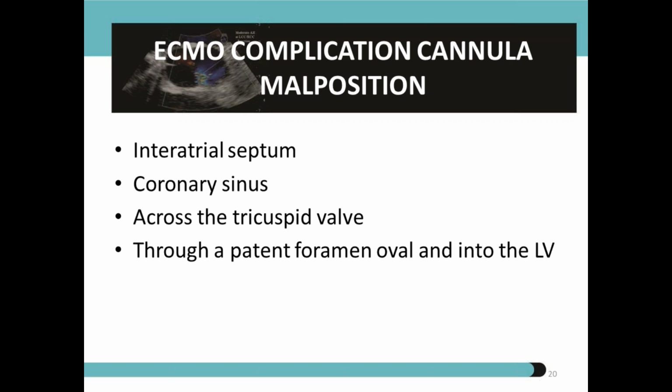Then across the tricuspid valve, see whether there is worsening of the TR, and through a PFO into the LV. We just recently had an ECMO case where the cannula migrated. We had left a small PFO, and this was an integrated ECMO, and we found the cannula 2 days later in the LV, and the drainage of the ECMO was slowly coming down. So when you see something like this happening, do repeated echoes to see where your cannula position is. If it is in the LA or LV, it means the cannula has migrated, so you'll have to pull out the cannula, or maybe do a surgical